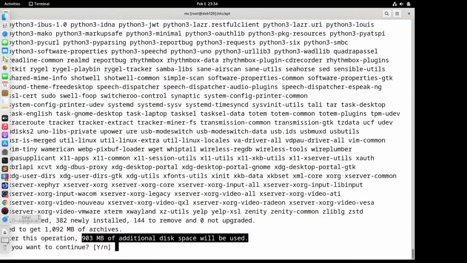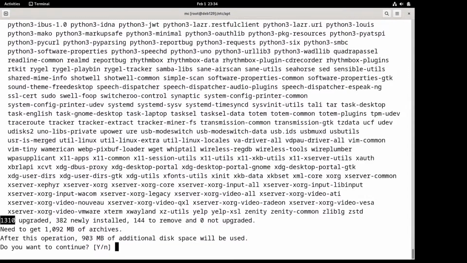And the total is going to be 1300 packages upgraded, about 400 newly installed, 144 removed, and that's fine. But anyway, okay, once we type yes and press enter,